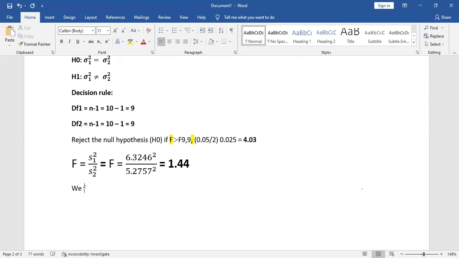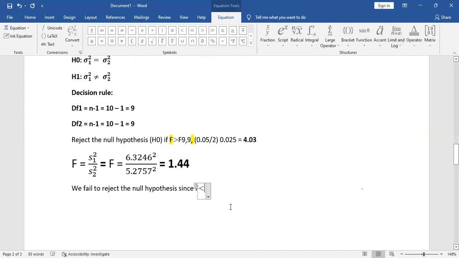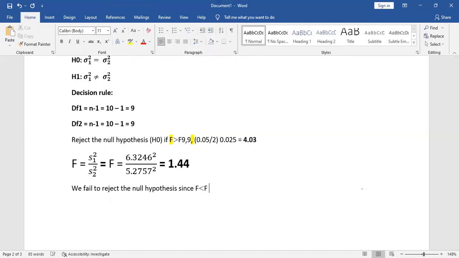We will say we fail to reject the null hypothesis since the F we calculated is less than the F from the table, 4.03, at the address